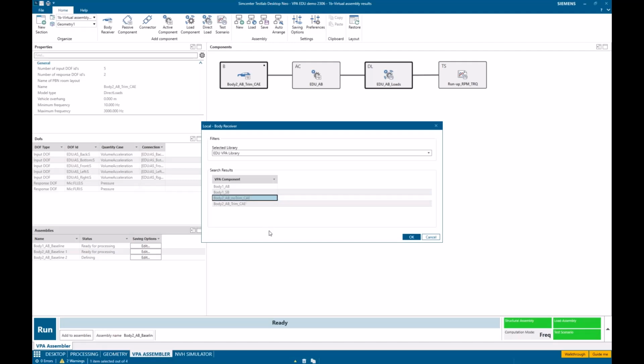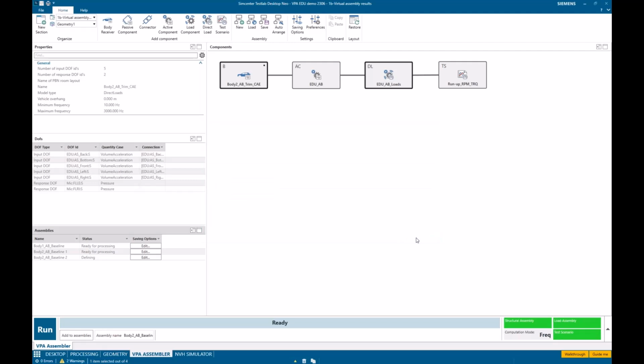Someone said, well, how much is the trim really doing for us? So they created another simulation where we had the second body model, and they pulled out all of the acoustic trim. So all the carpet, headliner, front dash, all of that stuff is removed. And we'll see what is going to happen there. And so we say no trim.